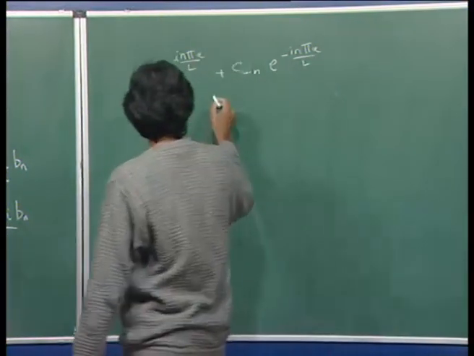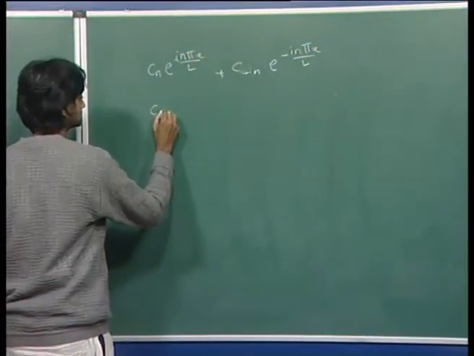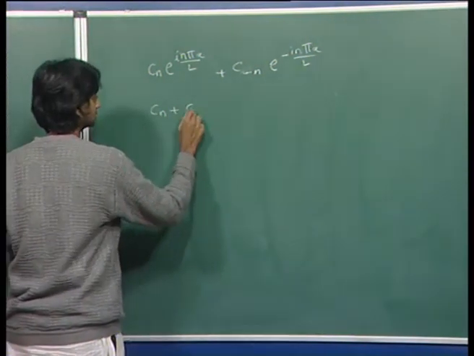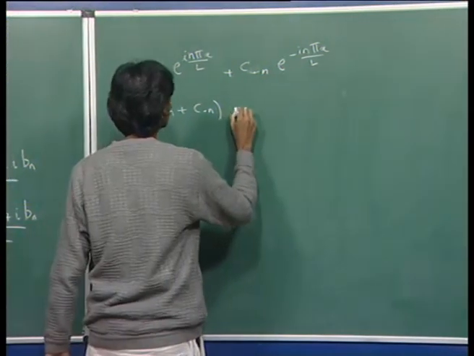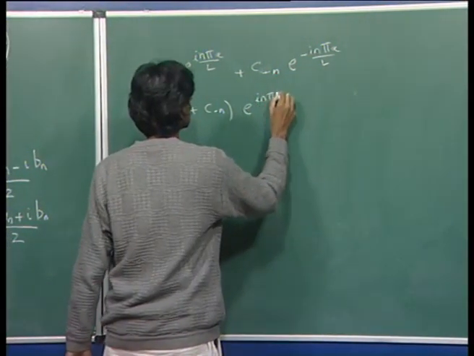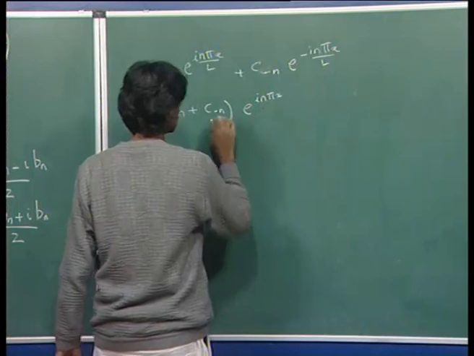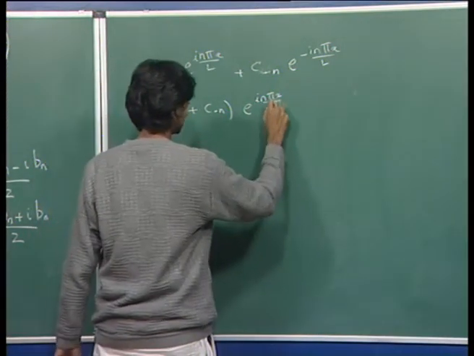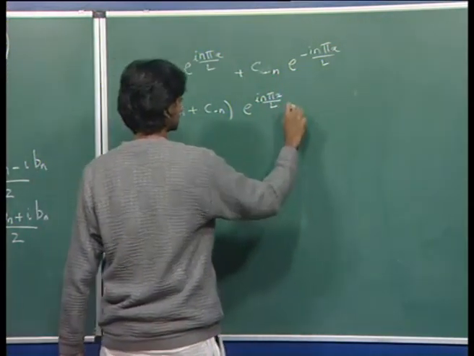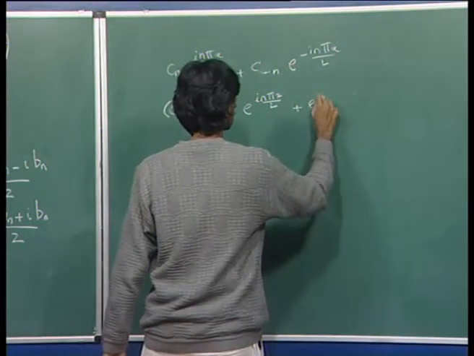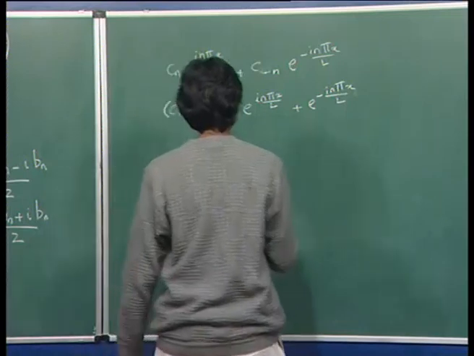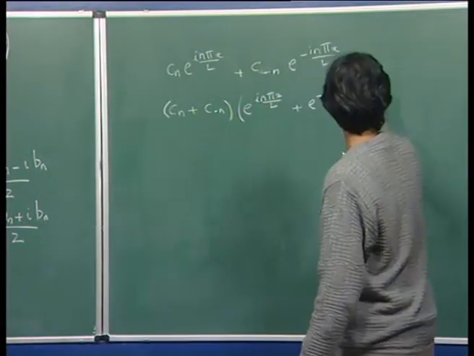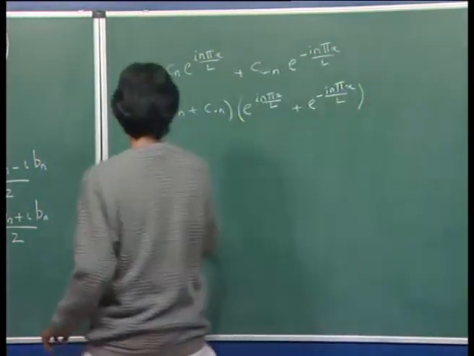So, I can write this as C minus n times the exponential, and you will have one term that looks like this, and you can write the other term as